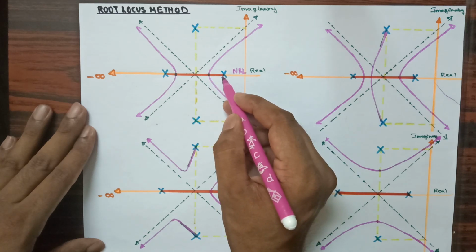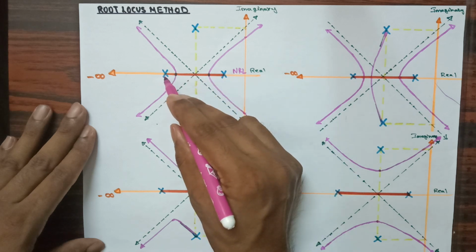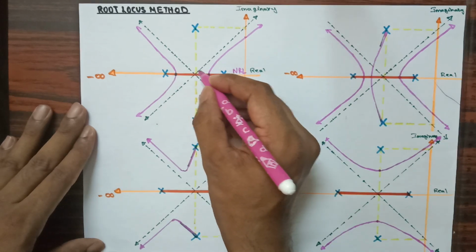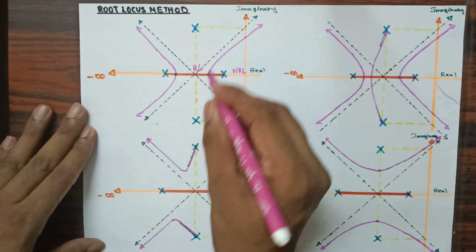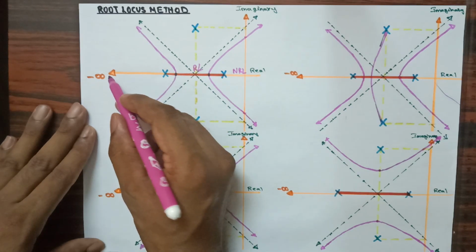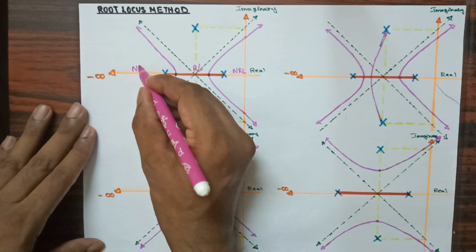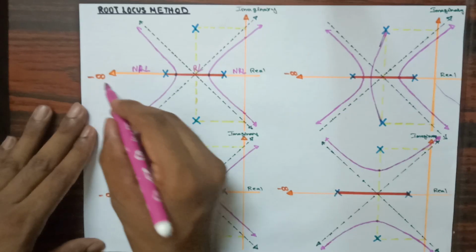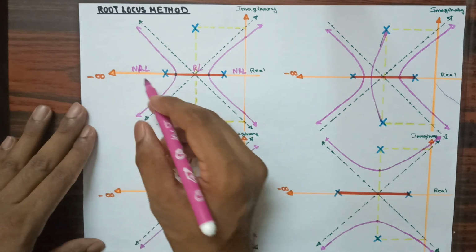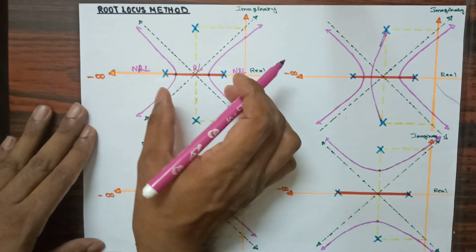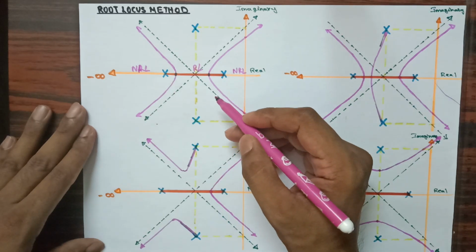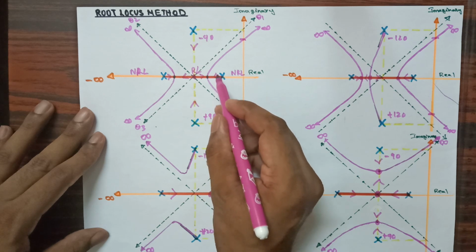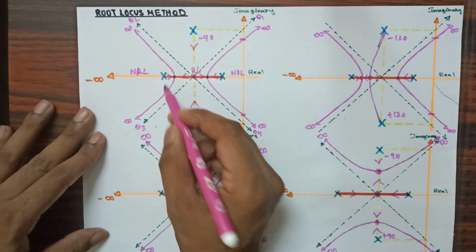So from this point onwards I am going to get the root locus path till this point, that is till the next count, that is count 2. So from here to here we are going to consider the root locus path, and from this point to infinity we are considering no root locus path, because we know that we do not provide any root locus path for even count. In this way we are going to provide the root locus path in the root locus method. Now as we know, when we apply the input, this pole will move in this direction and this pole will move in this direction.